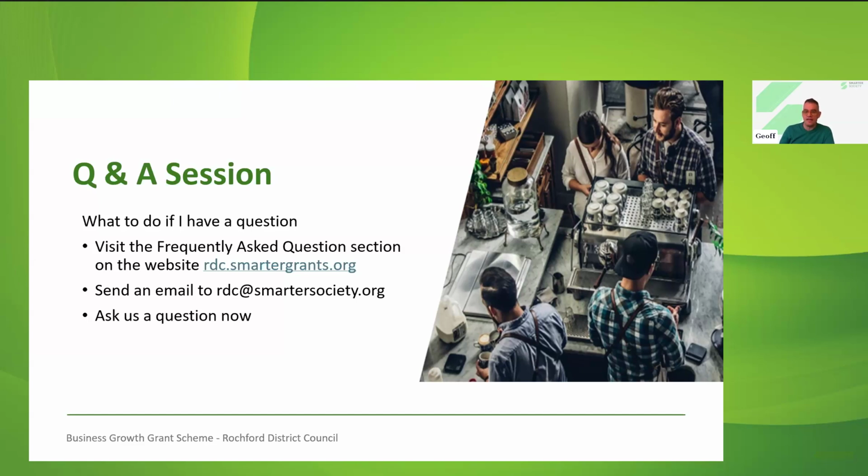So no, there needs to be... This may well be a new project on an existing service, but it needs to be extremely clear that the work on this has not started already. So if you were talking about a website,